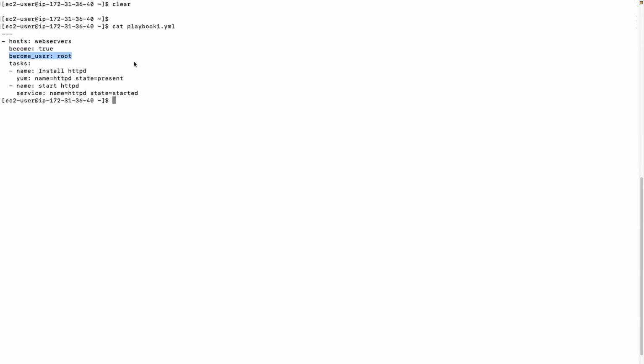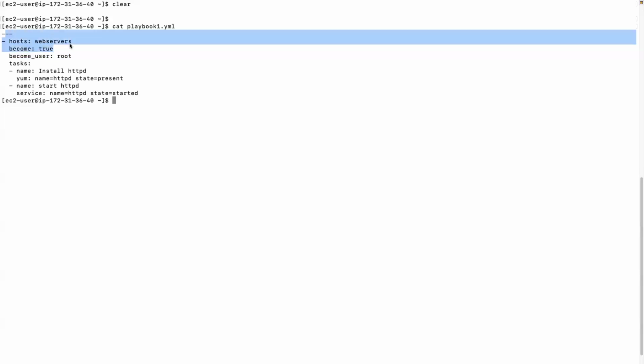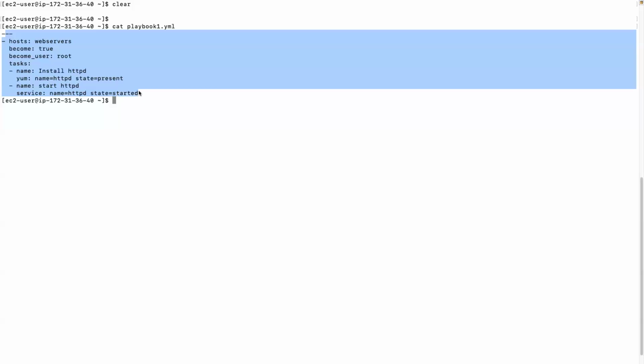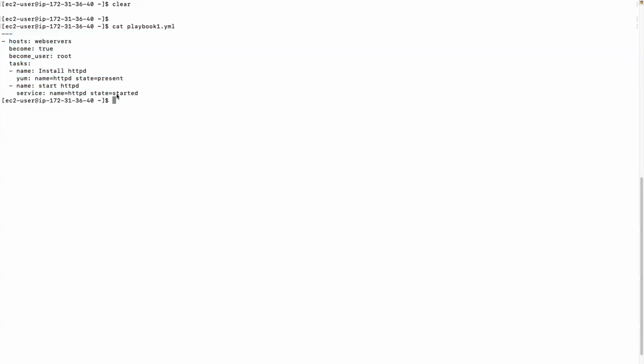See, the become is happening as root user on the target machine. This is become true, right? This is for, do you want to escalate the privileges and run this playbook? Otherwise, if you don't escalate the privileges and run this playbook, it will be running as EC2 user on that machine. Why EC2 user? Because we have configured EC2 user during the connectivity. During the SSH connection, we connected as EC2 user. If you see this file,